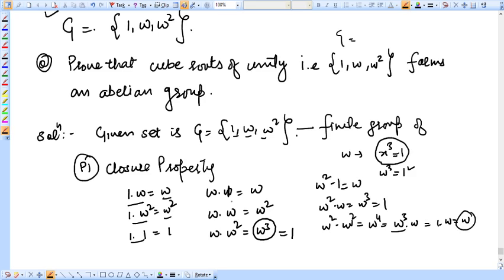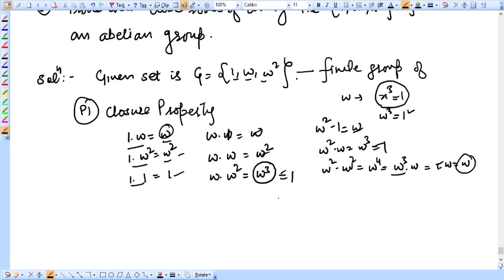So we have taken all the possibilities of multiplication in this case. All of these results are part of G. Therefore we can say this set is closed under multiplication